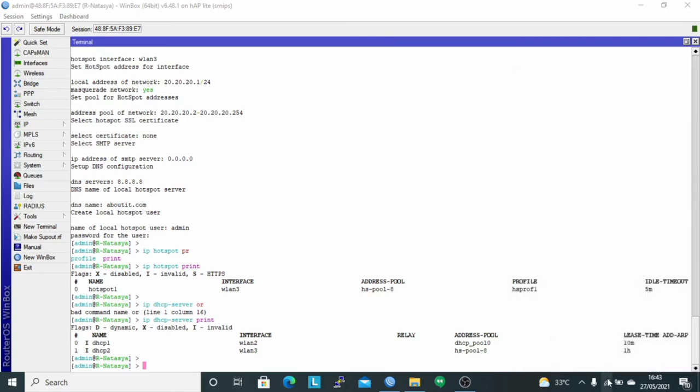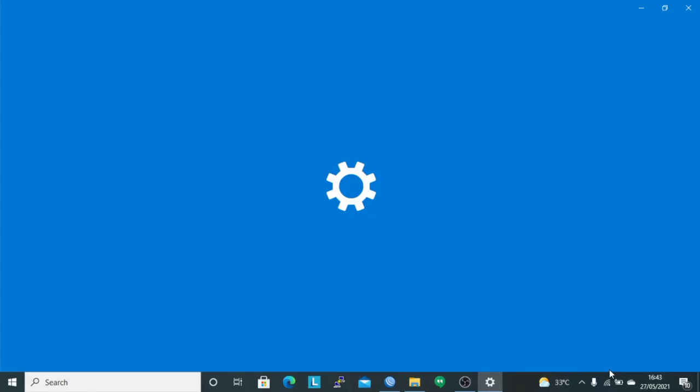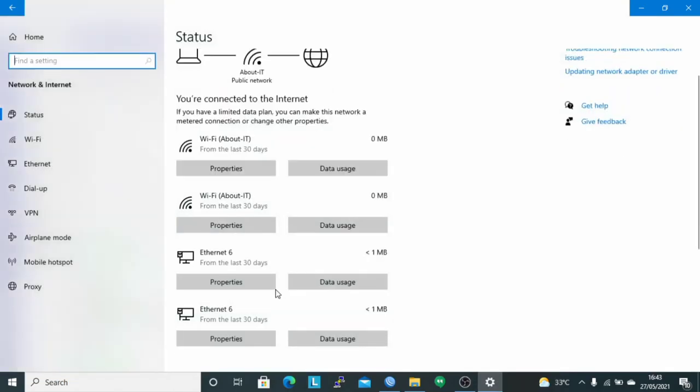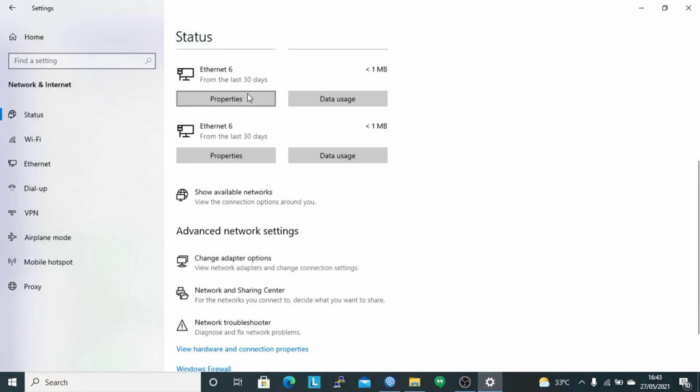And then check the IP obtained by the client. Open the network connection details.